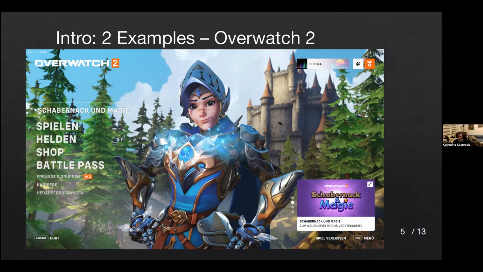In this menu, you also see, I'm sorry, it's all in German. I'm sorry for it, but you see, we have some doubled menu points here. We have the shop and the battle pass. Both are payable options. We also have some challenges, in German we call that Herausforderungen. This is challenges. We have that at the head space